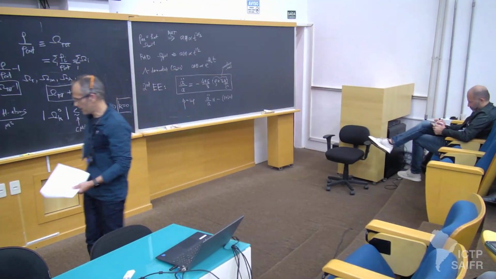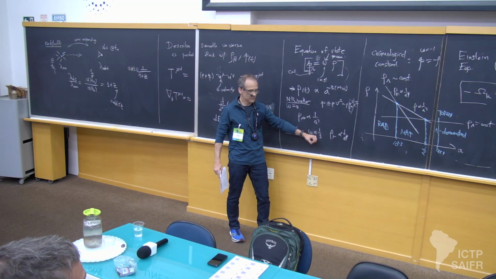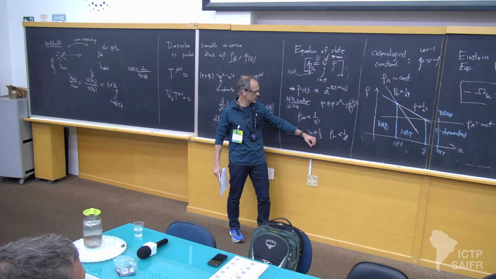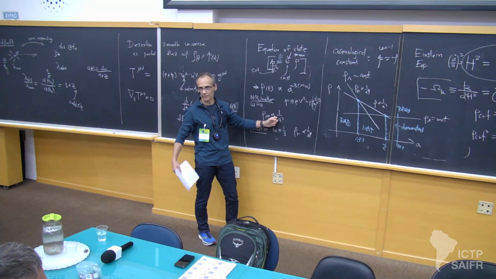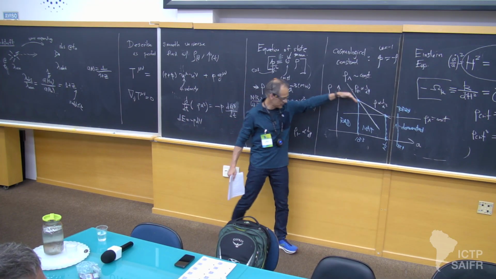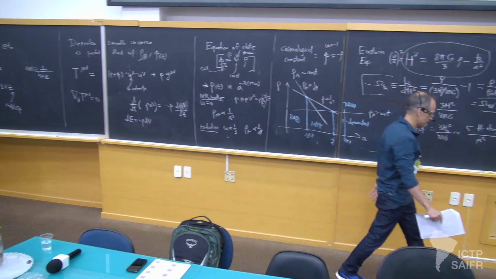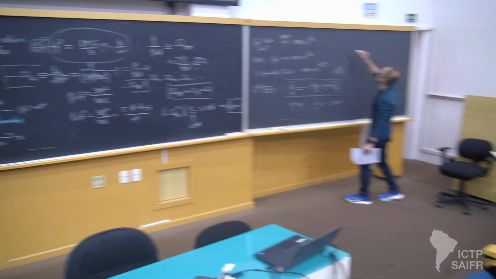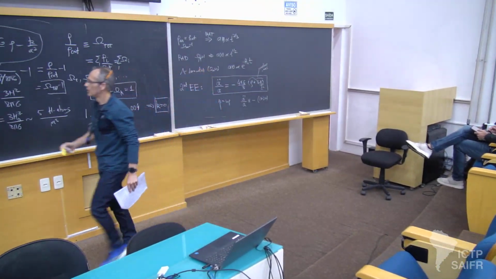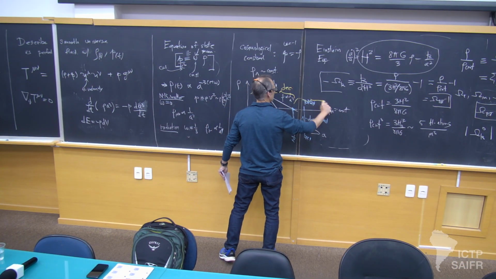So you can see going back here, when we are dominated by radiation, 1 plus 3W is positive, so the universe is decelerating. When we go into matter-dominated era, 1 plus 3W is still positive, so the universe is still decelerating. But when we transition to an omega equals minus 1, you can see there is a change of sign here. This becomes minus 2, so this is plus 2, so the universe now accelerates. Okay? So we go from a decelerating universe to an accelerating universe.